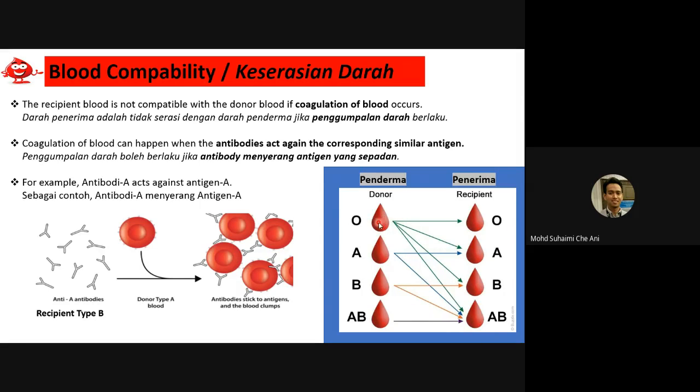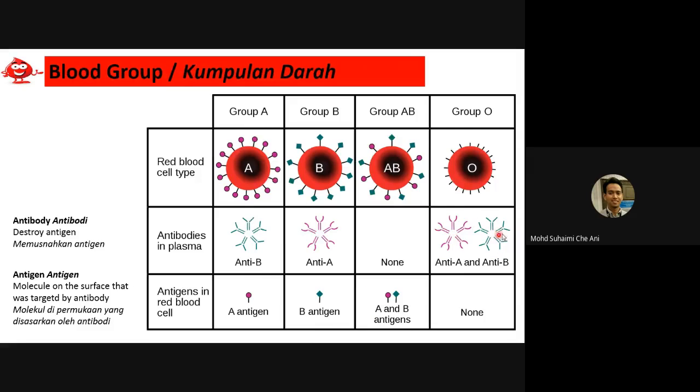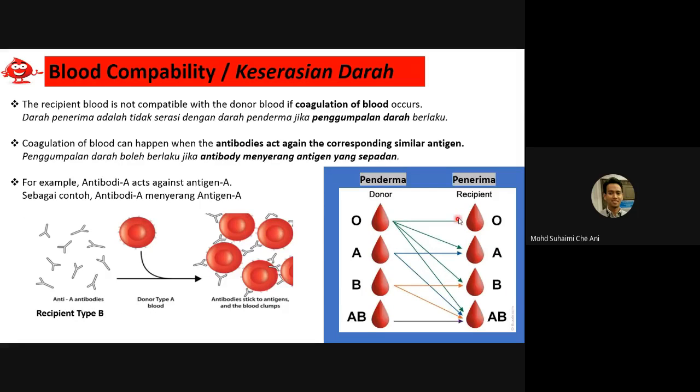So you can see O here, they can donate blood to O, A, B, and AB. Means that O is very generous because they can donate their blood to all kinds of blood group. Okay, because inside O, you need to remember they don't have any antigen. So when they don't have any antigen, there's no antibody that will attack,